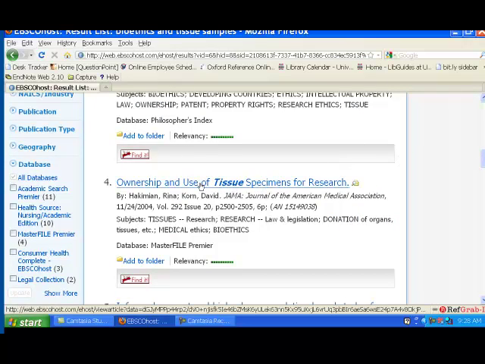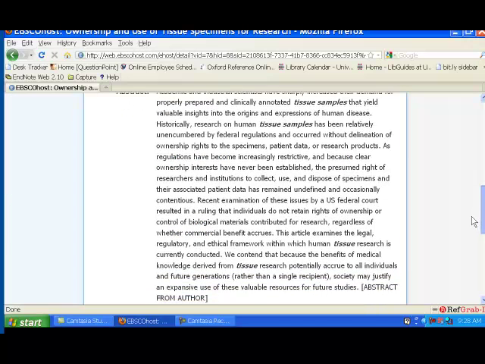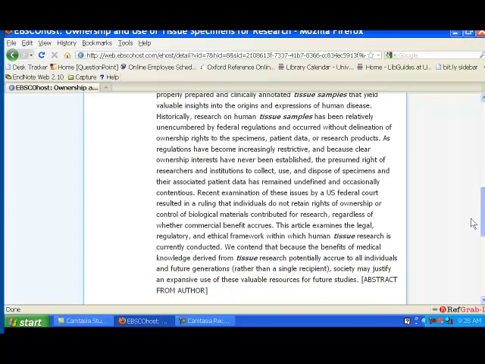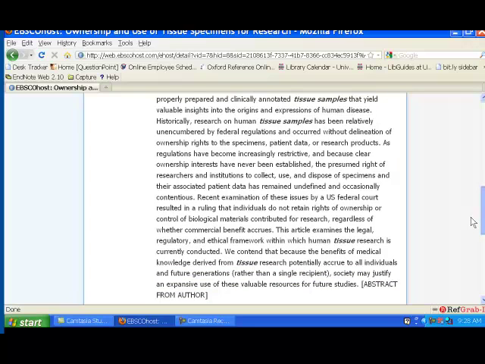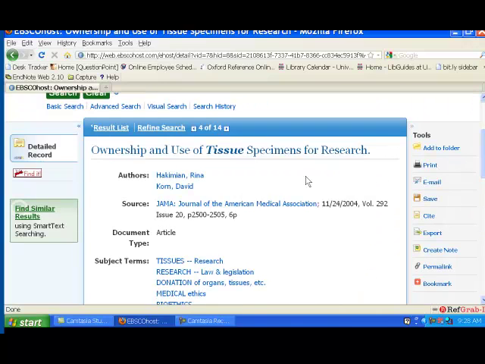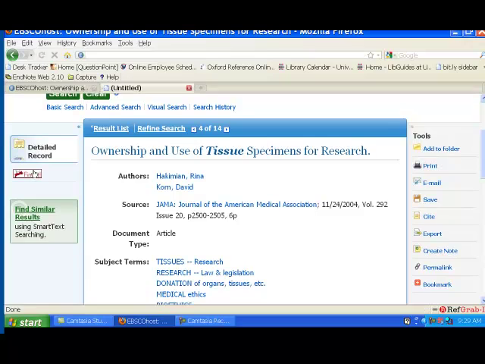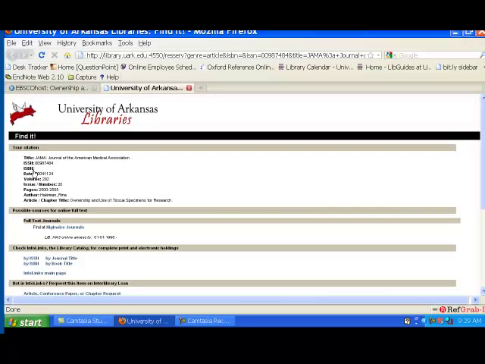Okay, so this actually looks pretty good. It's talking about regulation and restriction and ownership and several other things. So now I'm going to hit the Find It button, and that shows us the citation again. It shows us the date and then page numbers and all that. And then there's a link to the electronic content here under the Highwire journals. So we'll click on that,